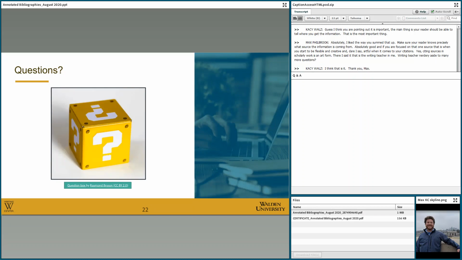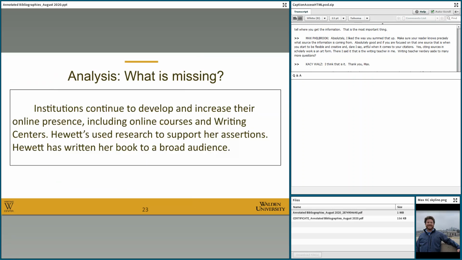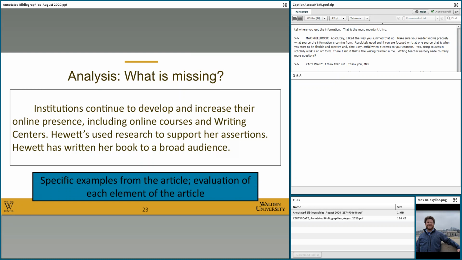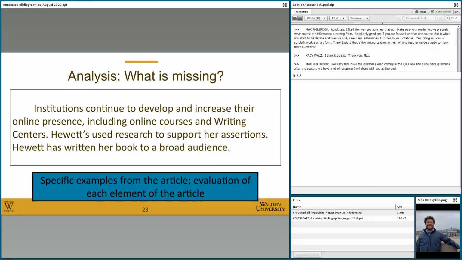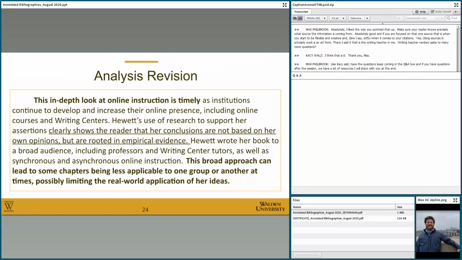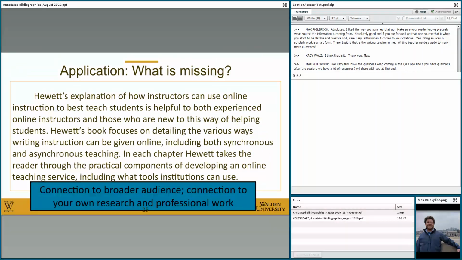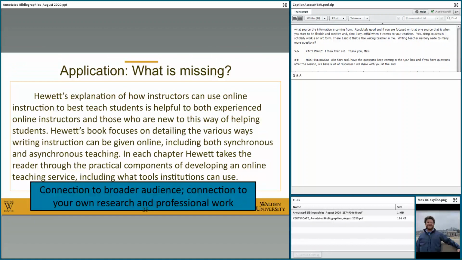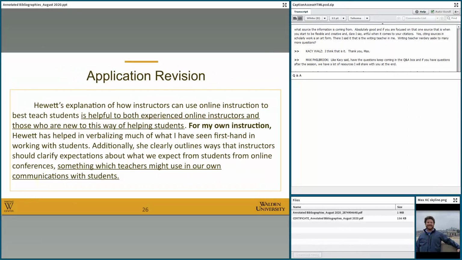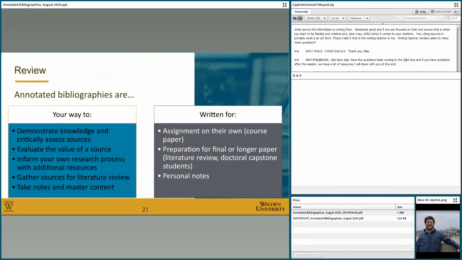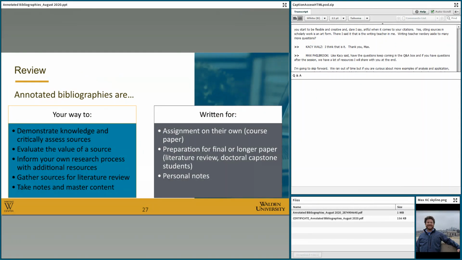So I'm actually going to skip forward. Unfortunately, we ran out of time. If you're curious about more examples of analysis and application, you're more than happy to look at these slides later. And I've just got some revision opportunities, another chance to look at these paragraphs, an evaluation and application paragraph. But in the interest of time,